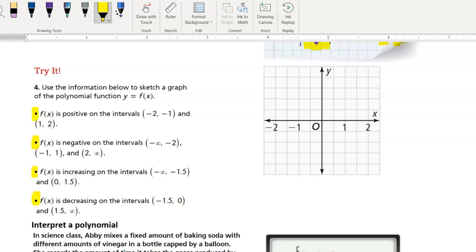Start with, again, where it's positive or negative. Shade those regions. That'll help you identify where the x-intercepts are at. Then use where it's increasing and decreasing to figure out where the turning points are, and then sketch the graph. So go ahead, pause the video, and hit play when you're ready to check to see if you have a